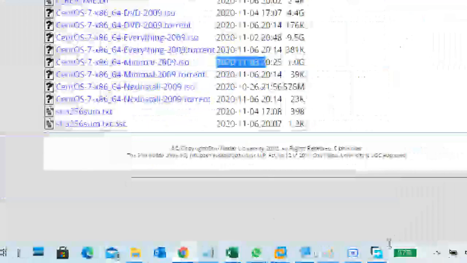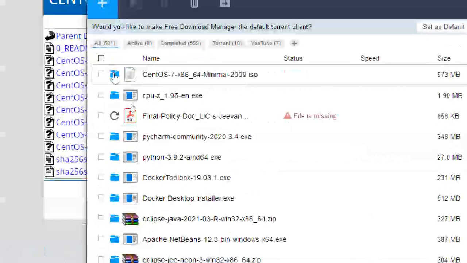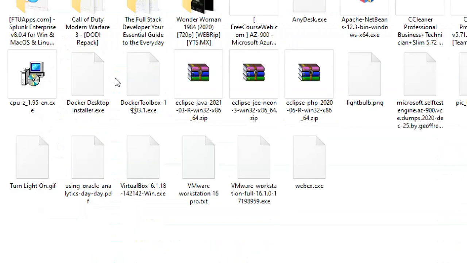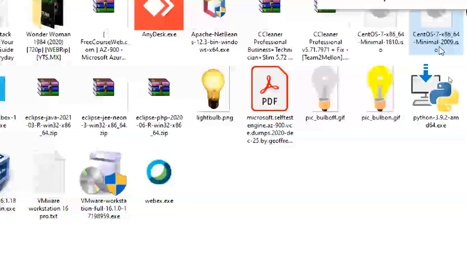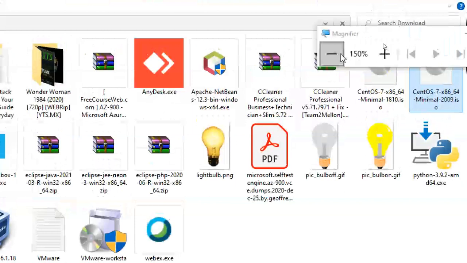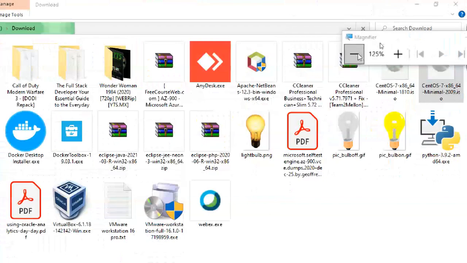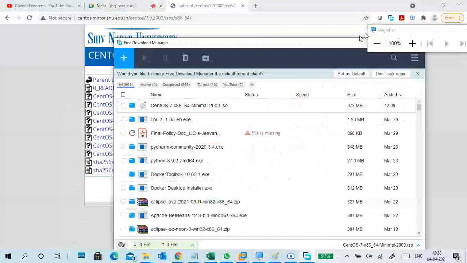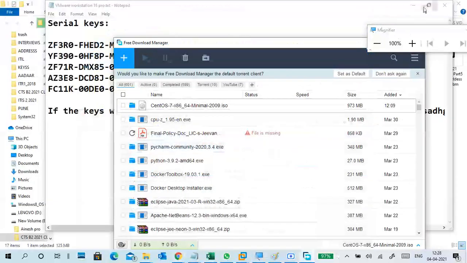I already downloaded a minimal version, so here it is. First of all, we should create a virtual machine, then only we can install an operating system. You can see minimal here somewhere. I already showed how to download minimal, so now how to create a virtual machine for Linux.